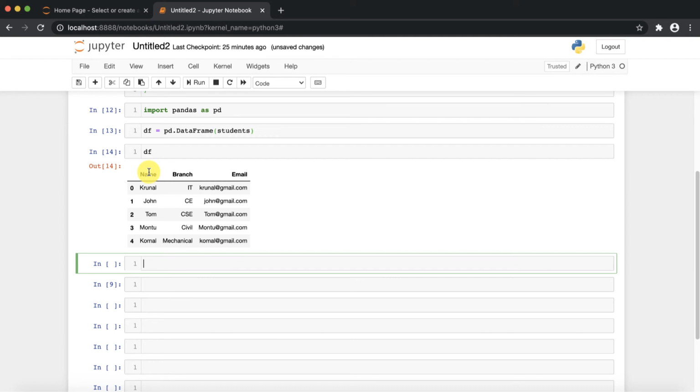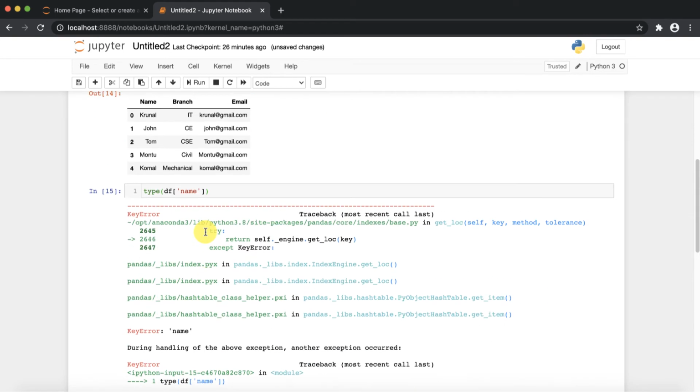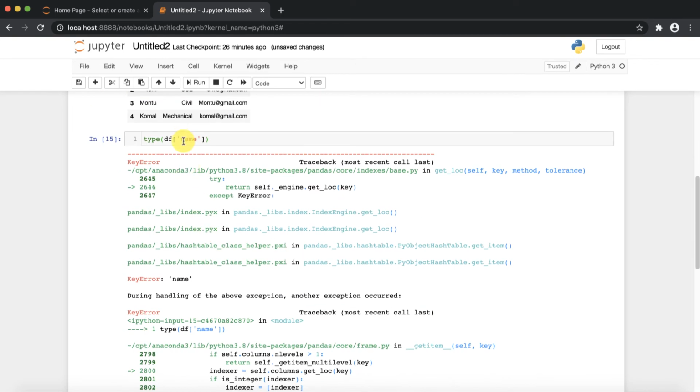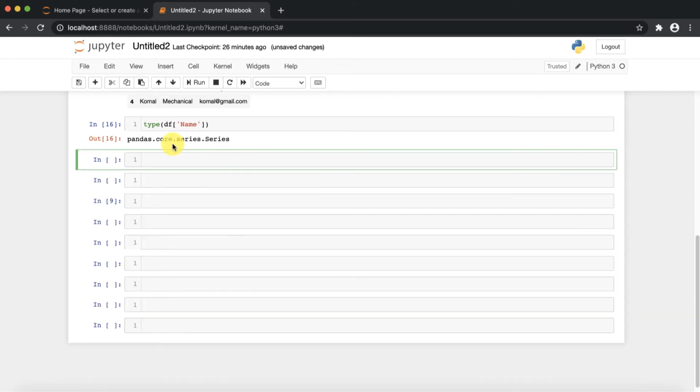Now, this way you can do it. An individual single column is considered as a series. So if you check the type of, say, name, then what is the type? If you print that, it is a series.